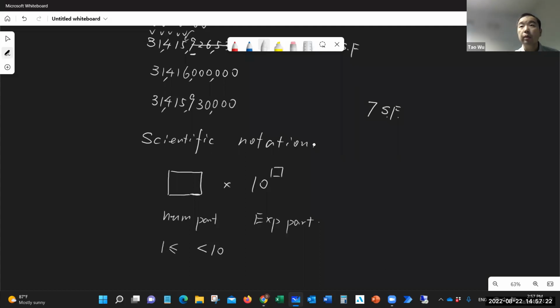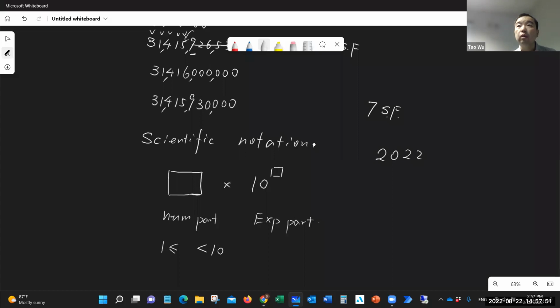If it's a whole number, the exponent is definitely a positive number. If it has decimals, then it is definitely going to be a negative number. Okay, so if you have a decimal, definitely a negative number. If you have a whole number, definitely a positive number. Okay, so for example, if we have 2021,